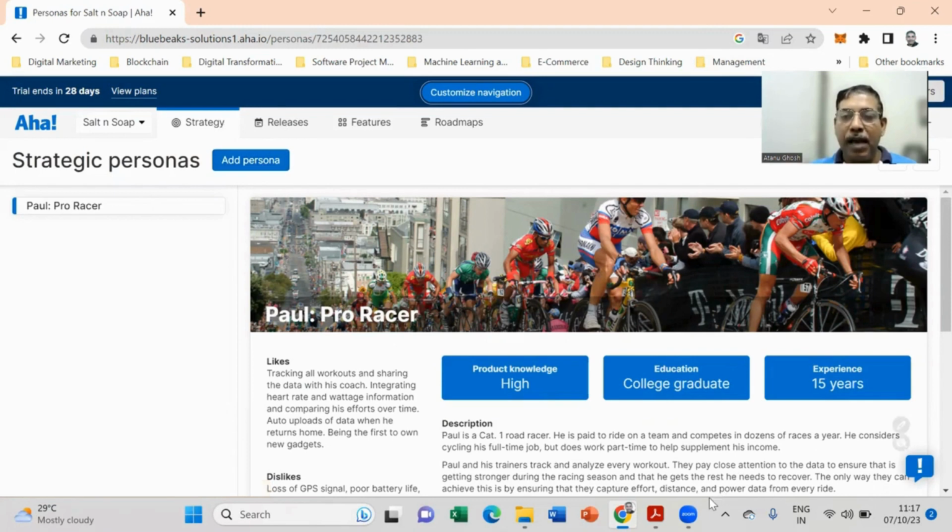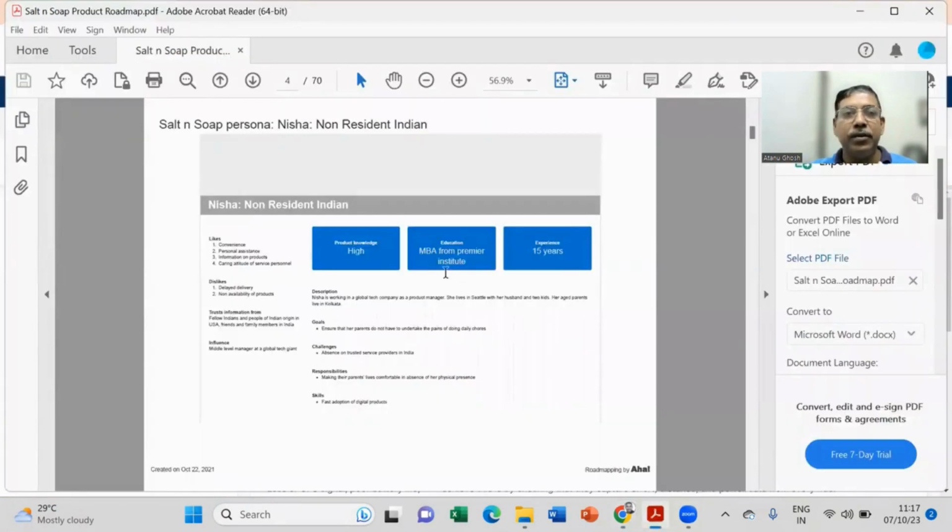Now, we already have the persona created. So it is downloaded in PDF. This was created on AHA only. We are just going to see how this persona can be copied into the tool. In the interest of time, I had already created this before. And in this video, we're just going to copy this persona and see how it can be incorporated